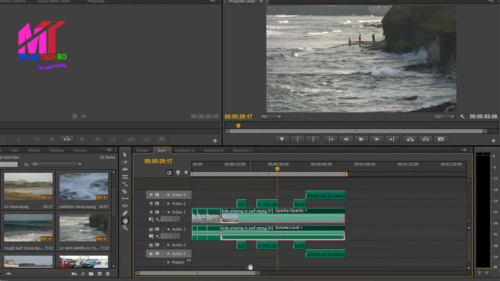Now in the next tutorial we're going to look at this tool here, which is one of my favourite ones, the rate stretch tool, and then we're going to move on to looking and understanding what the difference between a slip and a